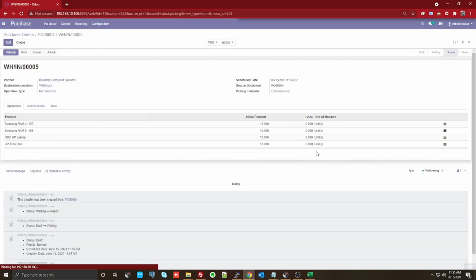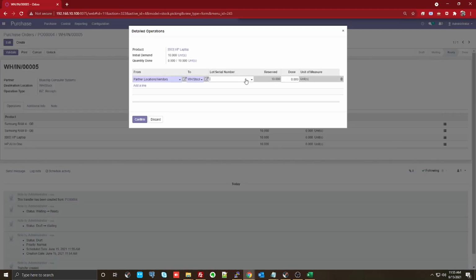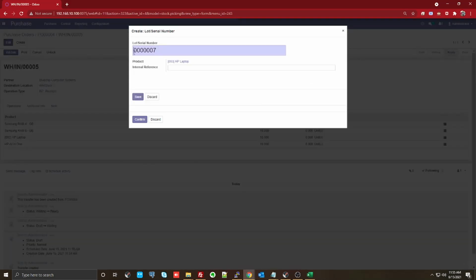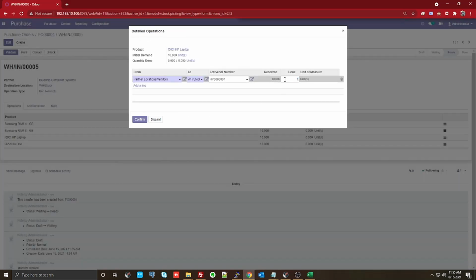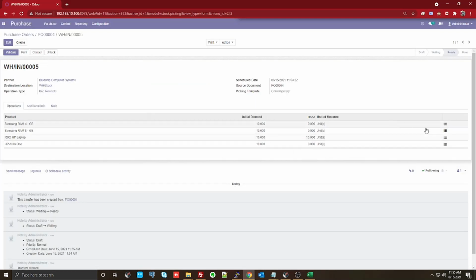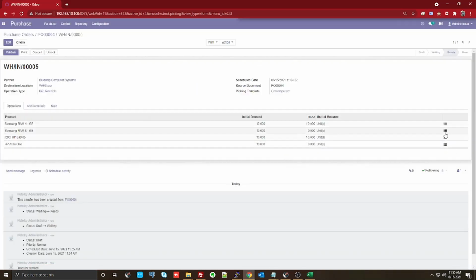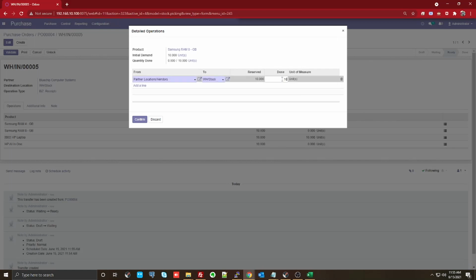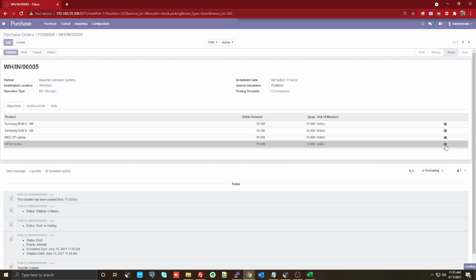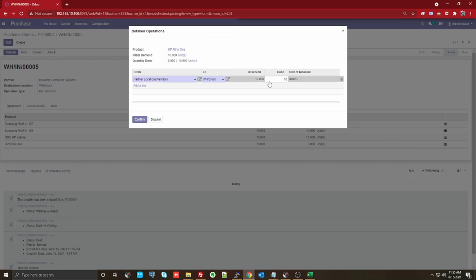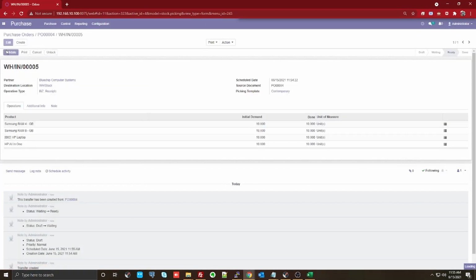I'm receiving these products. So this time I'm going to receive more products here. So let me give the lot number, or else let me create another lot for that. There you go. So confirmed it. Now let me put this 10 units I received. This one I received another 10 units. And finally, this one is also going to be 10 units. Perfect. Right, I'm validating it.